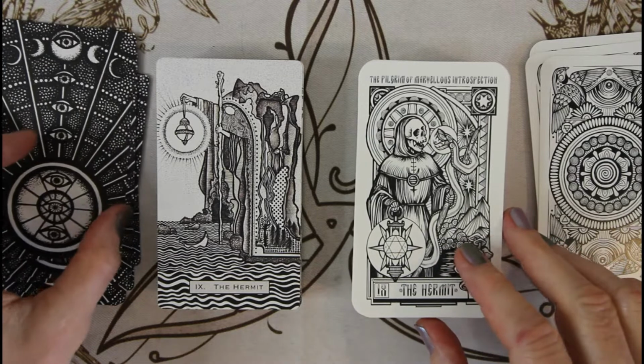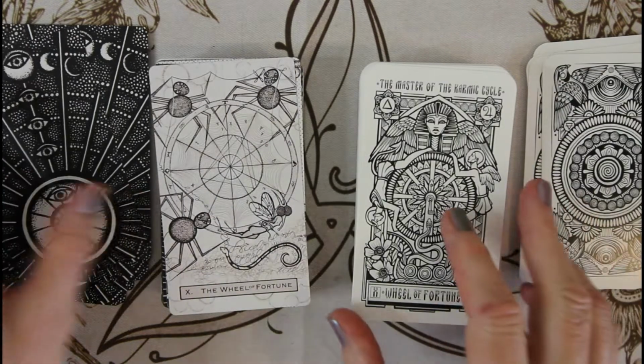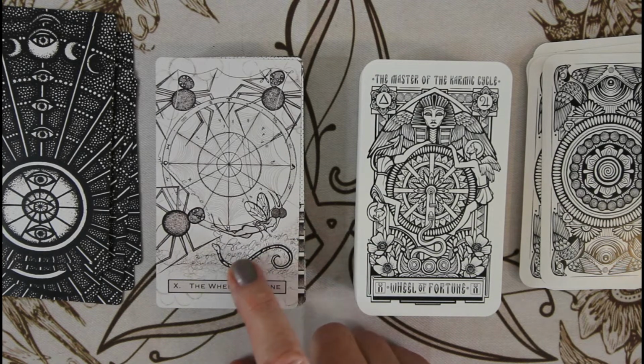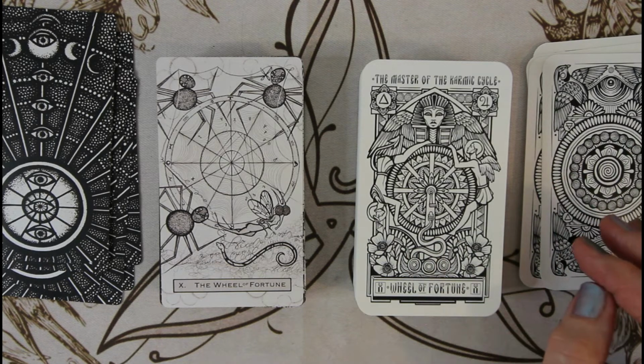The Hermit. Funny how the Hermit here looks a lot like Death. This Hermit is very cool. I like him a lot. Wheel of Fortune, the Master of the Karmic Cycle. Spiders, like a mosquito human hybrid thing. Snakes and flowers and